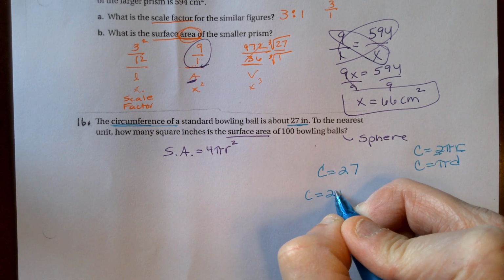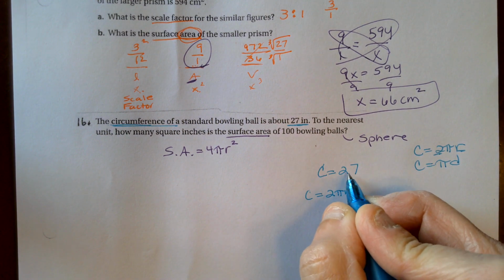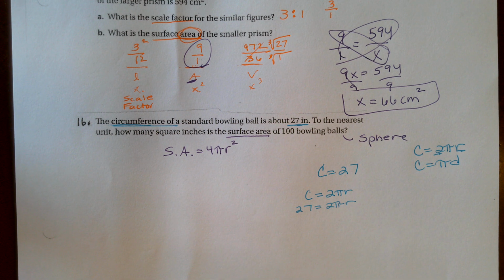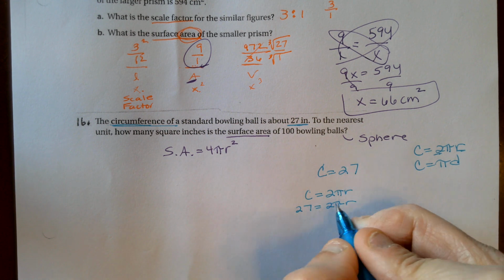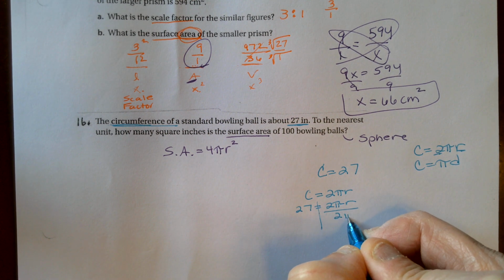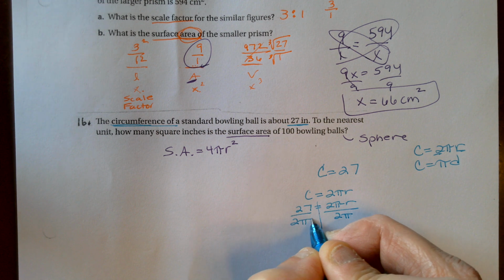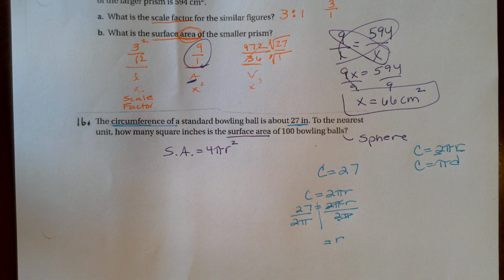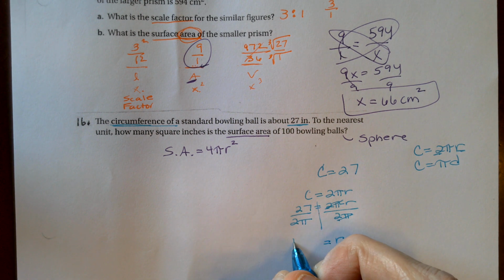Circumference equals 2 pi r. They told you the circumference, so substitute that in. Now all I have left is my r, yay, because then I can put it in here. You can divide by the 2 pi at the same time. 27 over 2 was 13.5